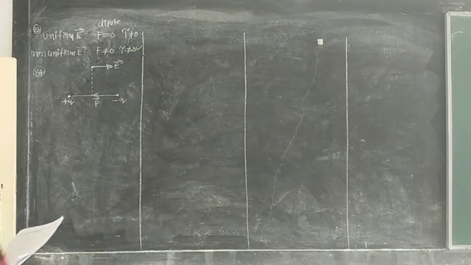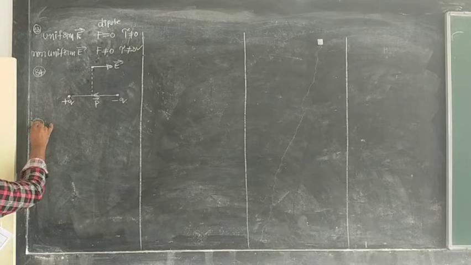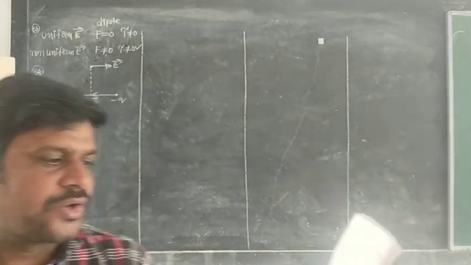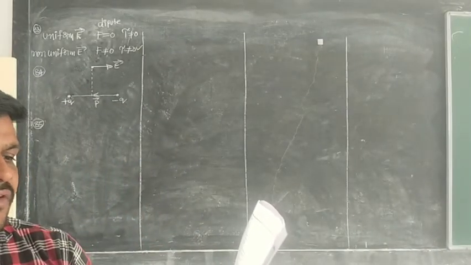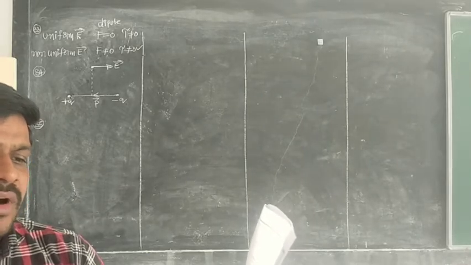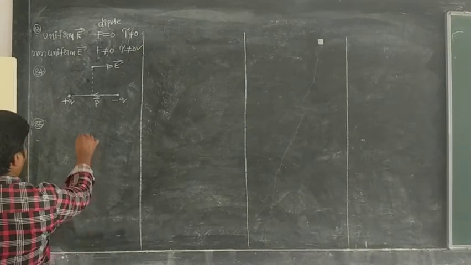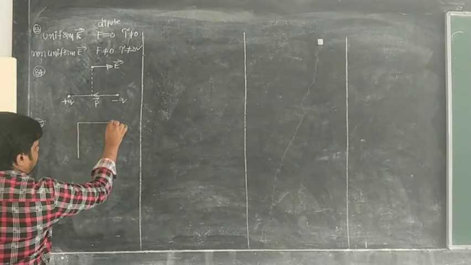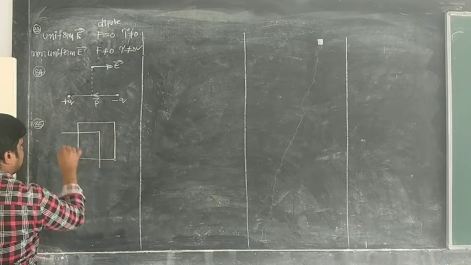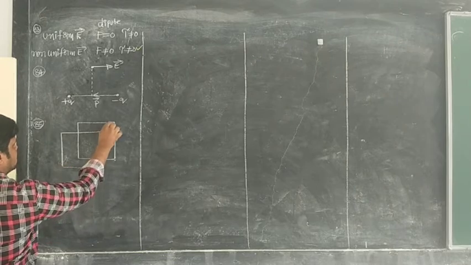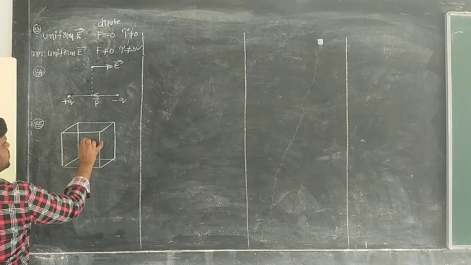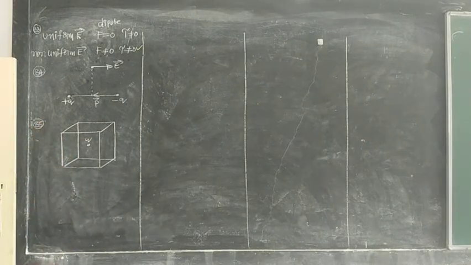Now here I am going to take problem number 85. Look at here. What is problem number 85? An electric charge Q is placed at the center of a cube of side A. The electric flux on one of its faces will be. Now here I am taking one cube. The side of the cube is small a. At the center of the cube, they have placed a charge that is nothing but Q.